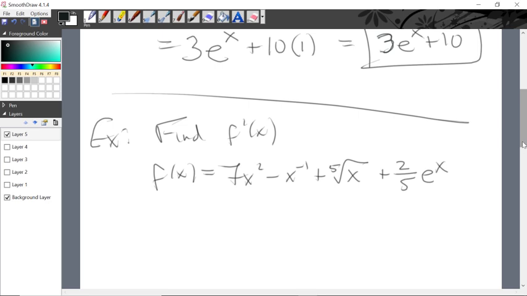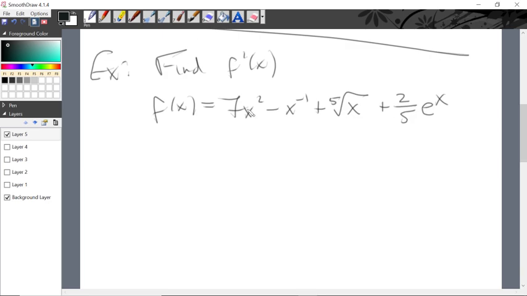Right, a variety of terms there. We have a polynomial term, a rational term here, a radical term here, and a base e exponential term. And we do not need to use the limit definition of the derivative to do this, right? f prime of x, okay? We have the derivative of,